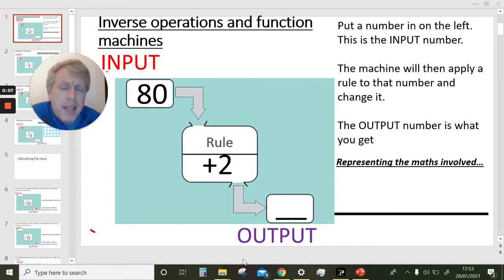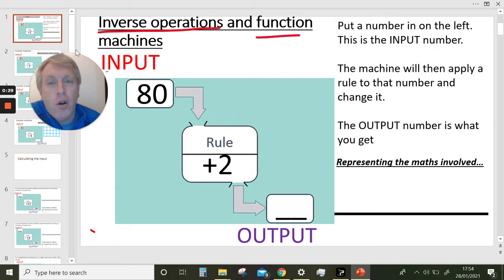In this maths lesson we're going to be revising and remembering some really important things. The big thing we're going to be talking about today is what we call inverse operations: how some operations are the opposite of, or undo, another one. We're going to have a go, first of all, by making sure that we understand what function machines